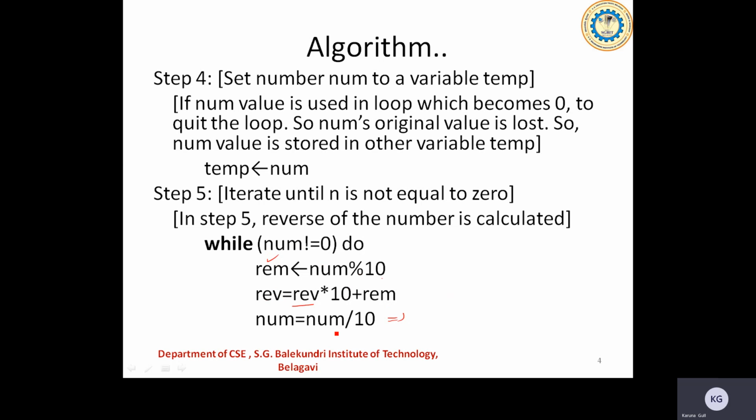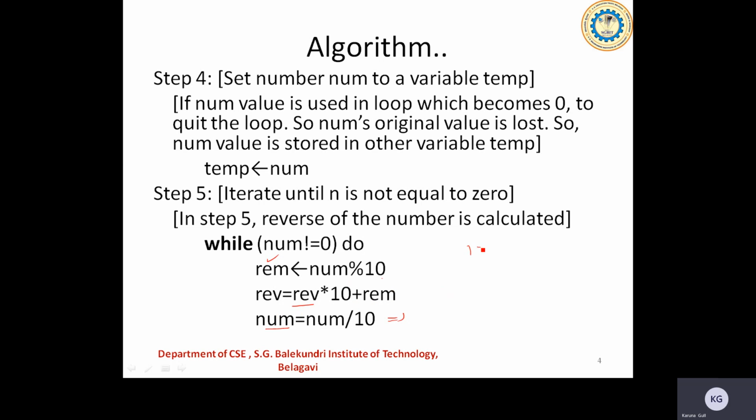This helps me get the quotient part of the number. Then afterwards I'll be coming back to the loop and checking whether the number, the quotient part I got here, is equal to 0 or not. If it is not equal to 0, you get the next remainder part, or next units place data, and you have to shift the previous data with the next data.